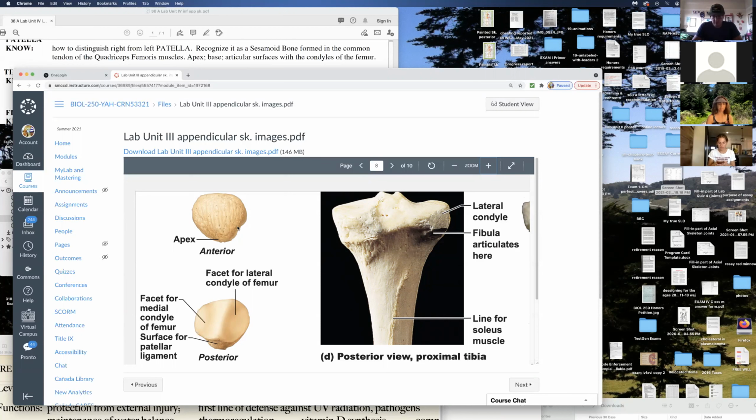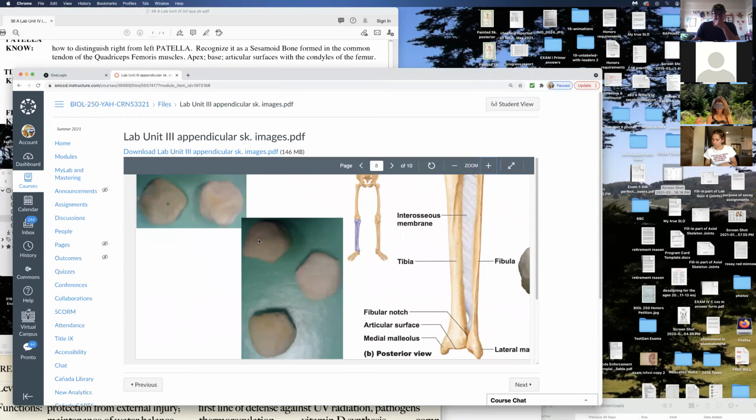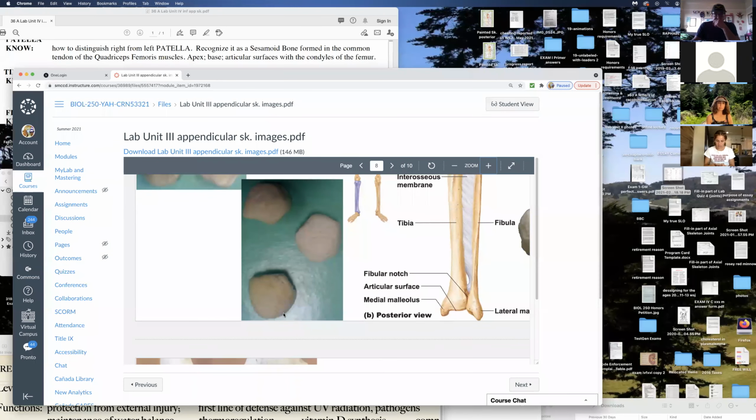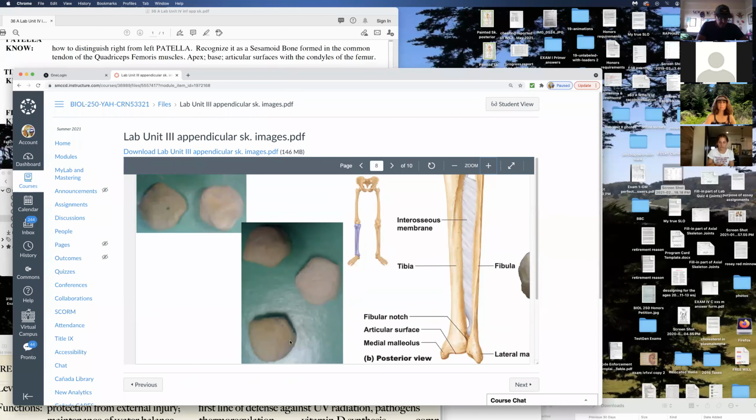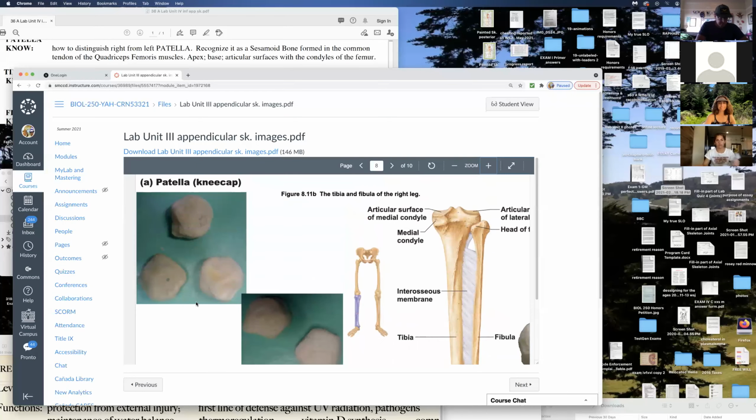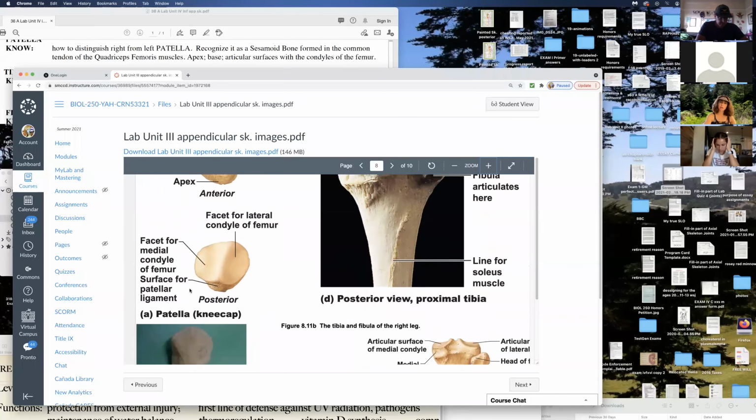And the way I get the students to figure out where they are handling a right or a left patella is to simply set the patella on the table with the apex pointing straight away from them. So here's the apex and here's the base. When it is resting on the left side, that's a left patella. And if it's resting on the right side, then it'll be a right patella. So that one's the left. Okay. And the reason for that is